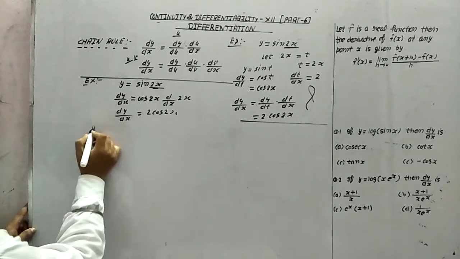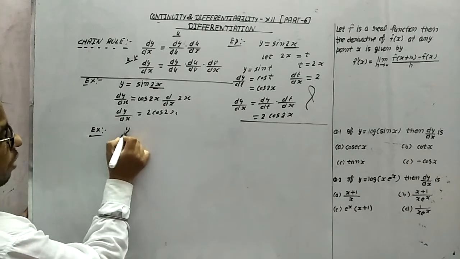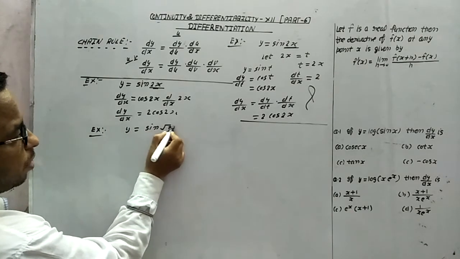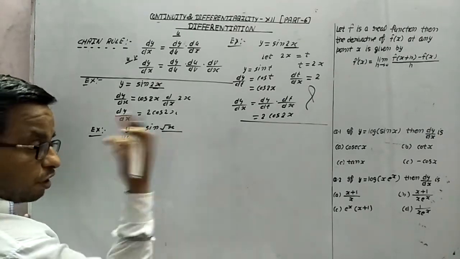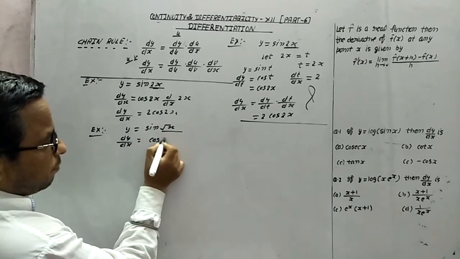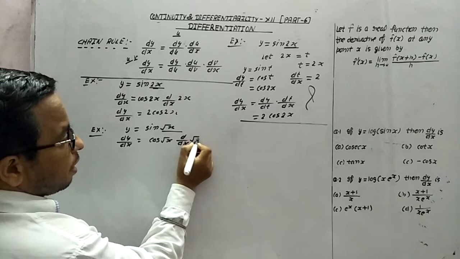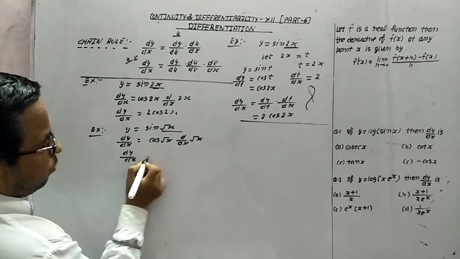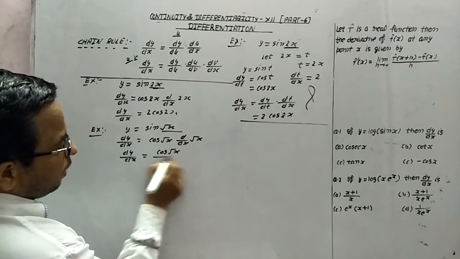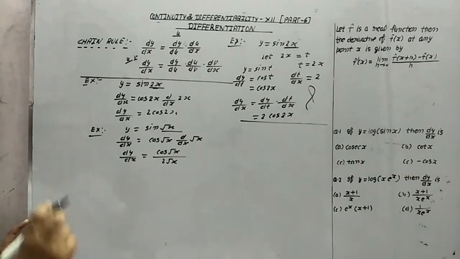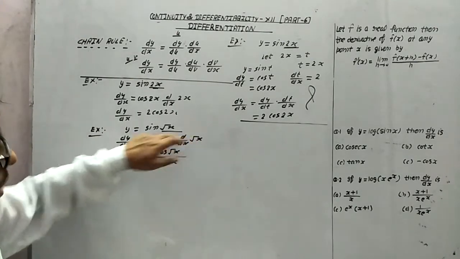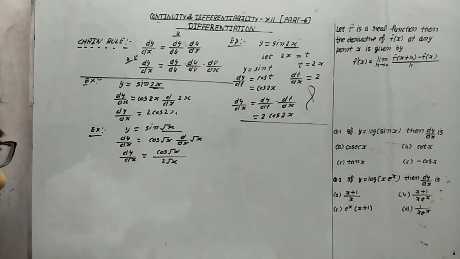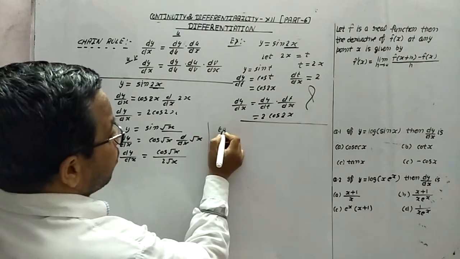Now look at this thing. One more example. Once you understand these examples, then it is very easy. Sine root x. Which part is creating problem? Root x. It means substitute this is equal to t. Sine t means cos t. It means cos root x, and d by dx of root x. I earlier told you differentiation of root x is 1 upon 2 root x. It means cos root x upon 2 root x, and this is the answer. In 12th standard, if you are not using this step and directly writing this, no problem. Because further you will see questions are very lengthy. So this is the part for which you have to do maximum practice.